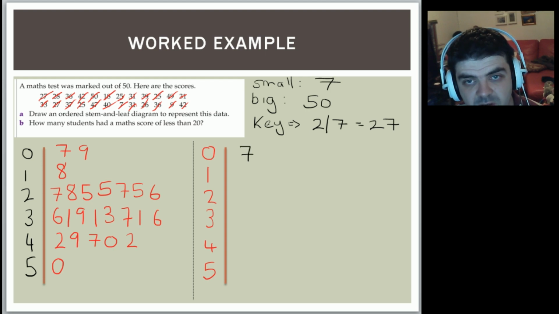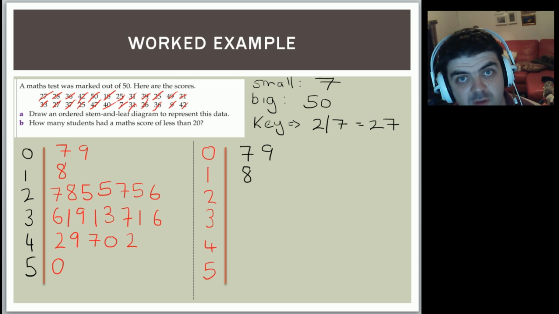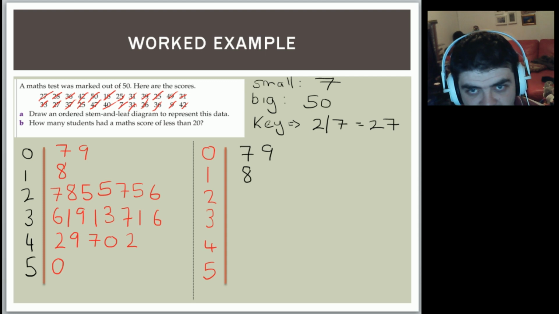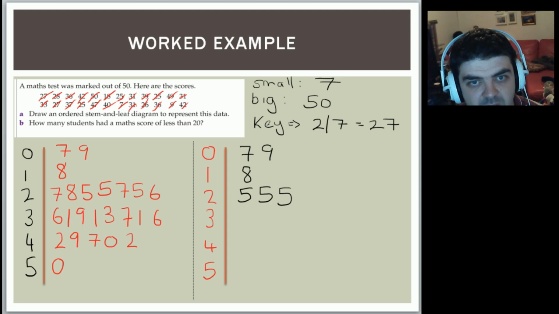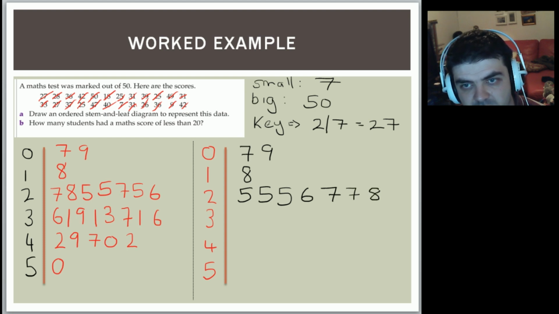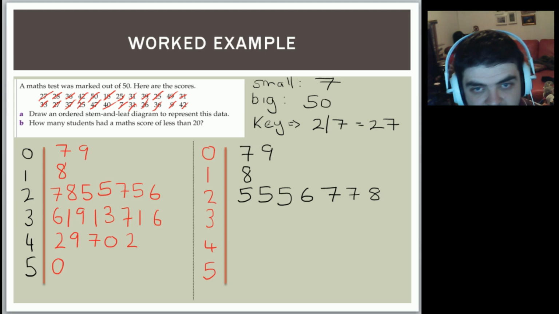biggest. So the 7 and the 9 aren't going to change, and neither is the 8 because that's the only number there is there. But if I look at the 20s row here, there are 3 5s. So I've got 1, 2, 3. Then we'll have a 6, 2 7s, and an 8. Make sure I've got the right numbers here to make sure I haven't missed one. So there's 1, 2, 3, 4, 5, 6, 7. There's 1, 2, 3, 4, 5, 6, 7. Okay, that's that one. And the row with the 30s, we have 1, 2, 3 1s,